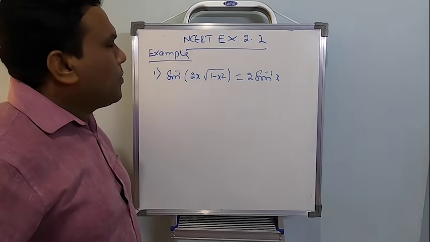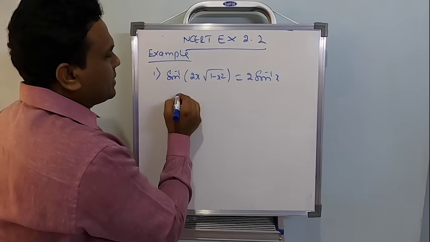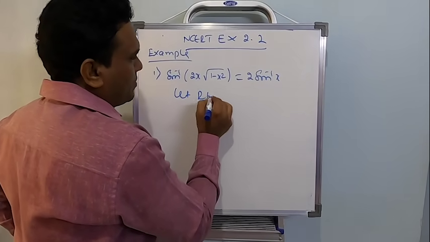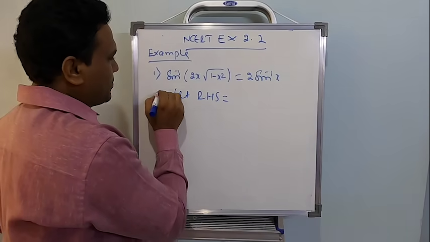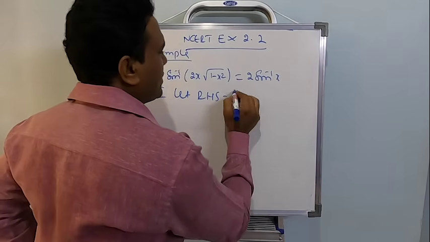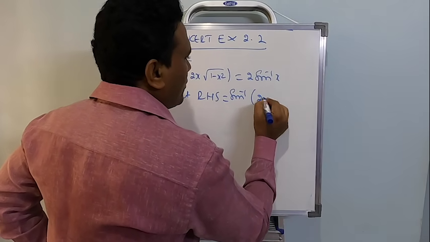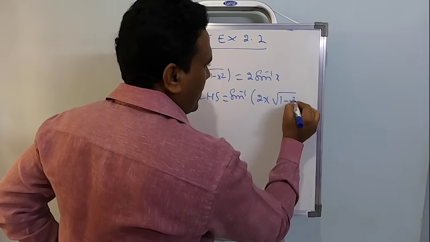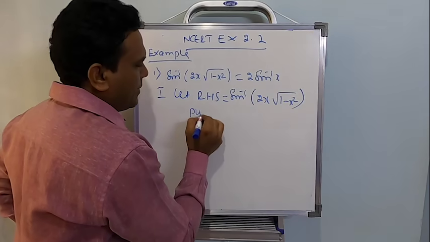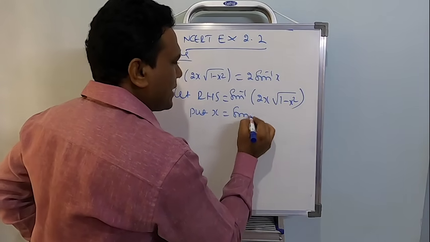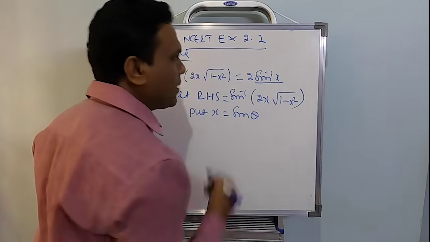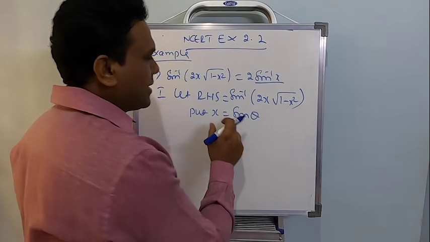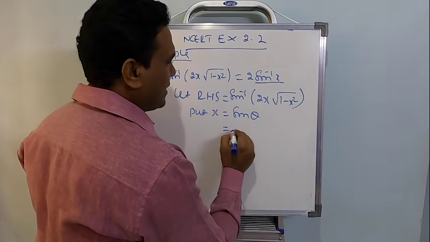So we have a formula. Let us consider RHS, or you can start with any. I will explain two methods. You just listen. This is the first method. I am going to start with RHS, sin inverse of 2x into root of 1 minus x square. Now let me consider x equal to sin theta. If I put cos theta also I can get it, but my required answer is in terms of sin inverse. So let us consider x equal to sin theta here.